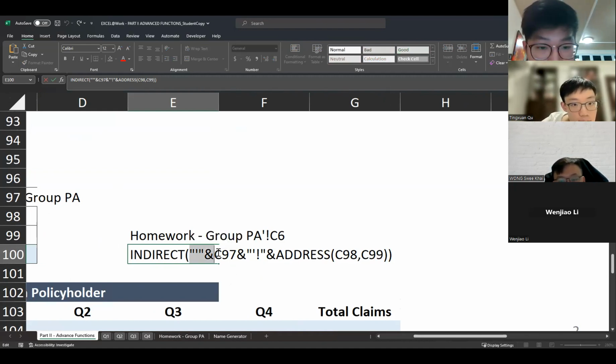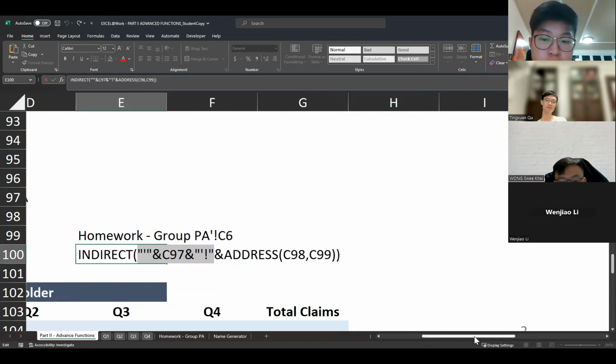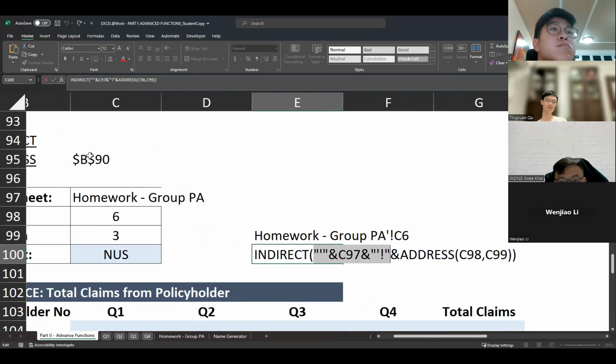The idea here is to concatenate the Homework-Group-PA with the exclamation mark and the apostrophes, to create Homework-PA exclamation mark. After that, I end with the address of whatever I'm looking for, row 6, column 3.